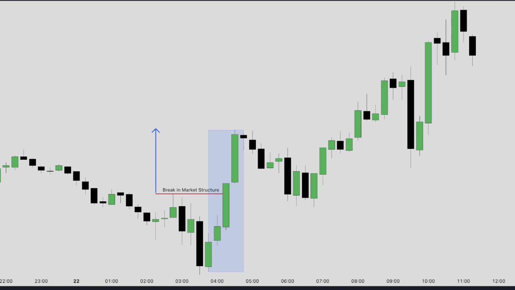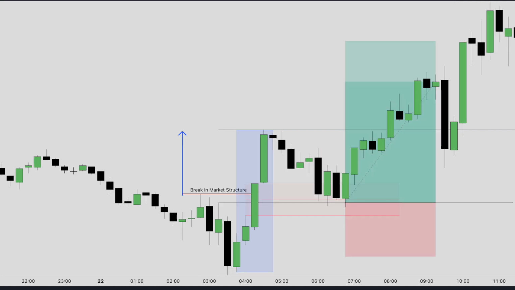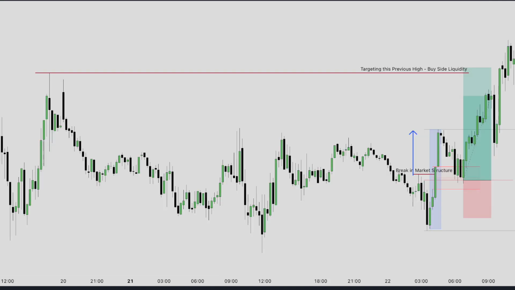Once we identify the high probability displacement, we can start looking for a fair value gap entry model inside the range. As you can see here, we have this very beautiful fair value gap. The price also trades into our discount range when we draw a fib between this displacement range, making it a high probability displacement and an A+ setup for our strategy. Imagine if you have taken a trade here, you will get a nice risk to reward of 3, targeting this old high where buy side liquidity is resting. I know we are looking at the chart in hindsight, but if you go through your chart by following these characteristics, you'll find the high probability displacement every single time in your chart. And you can also avoid those low probability displacement setups.